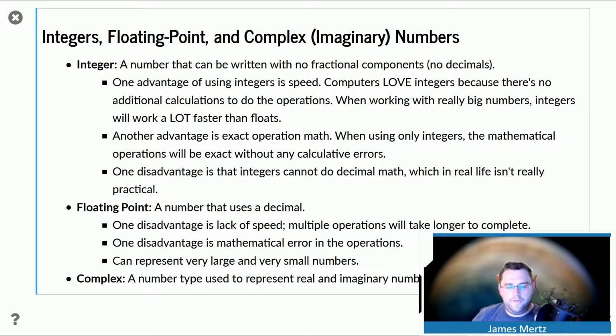So here I have a bunch of descriptions of what each of these number types are, and it's a lot of words to speak about here. But the big difference I'm going to focus on is between integers and floating point numbers, and then we'll get to imaginary numbers in a little bit. The difference between an integer and a floating point number is that an integer has no fractional components to it, meaning it's not a decimal number at all. And the advantage of integers is speed. And when I talk about that,